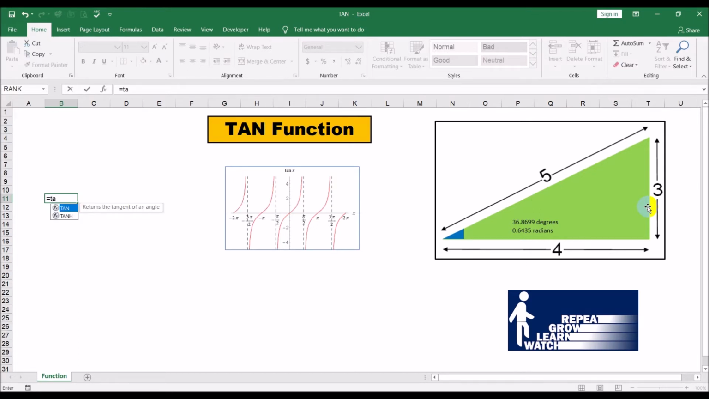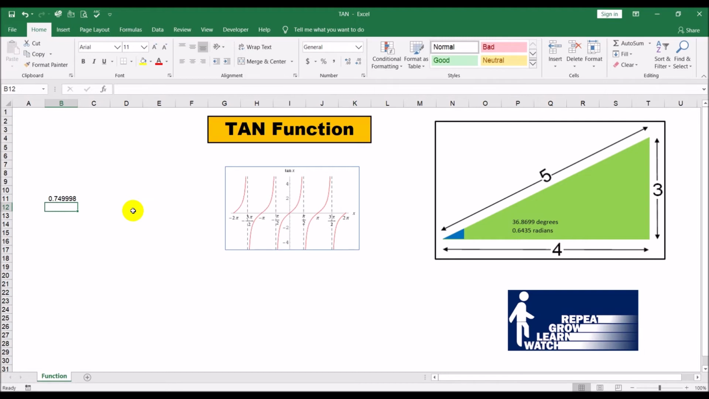The way you do tangent is TAN. Again, there are two types: the regular tangent, and the hyperbolic. We are just doing the regular tangent right now. We will be doing the hyperbolic later on in the video. Then it's asking for the number, and like I said, it's expecting the angle to be in radians, so we use this figure down here, 0.6435. Hit enter, and that gives you the tangent,